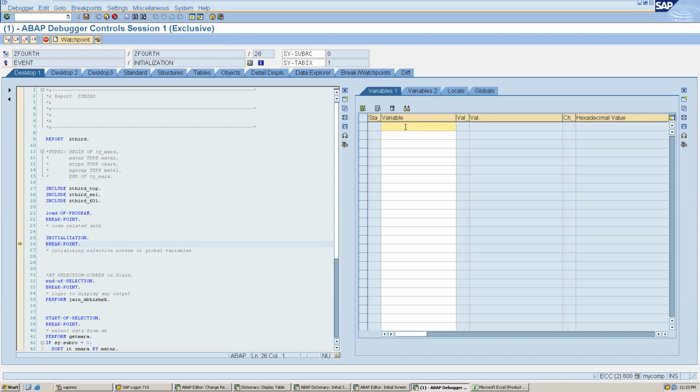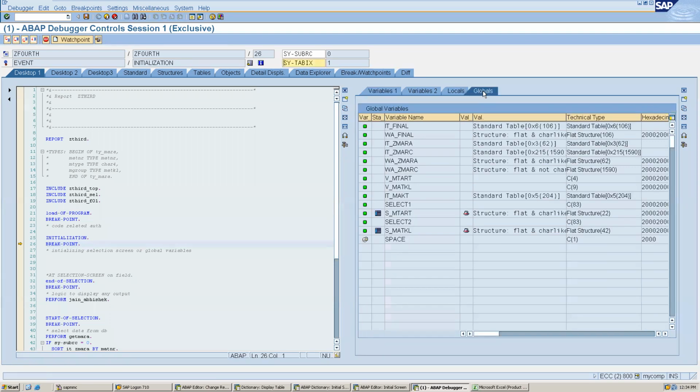So first of all, we have to identify what all variables are available for me. Here I can see all the global variables, in the globals. So in the top 1 globals, I can see all the global variables. Any doubt here? No, right? Global variables means whatever we defined in top is available here.